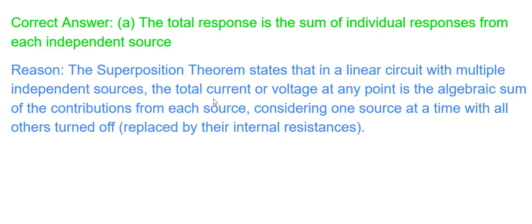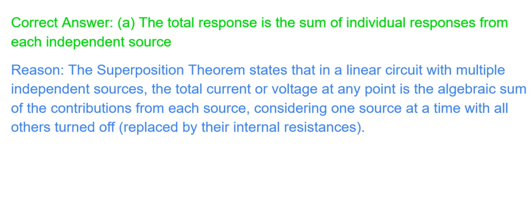The correct answer is A, the total response is the sum of individual responses from each independent source. Reason: the superposition theorem states that in a linear circuit with multiple independent sources, the total current and voltage at any point is the algebraic sum of the contributions from each source, considering one source at a time with all